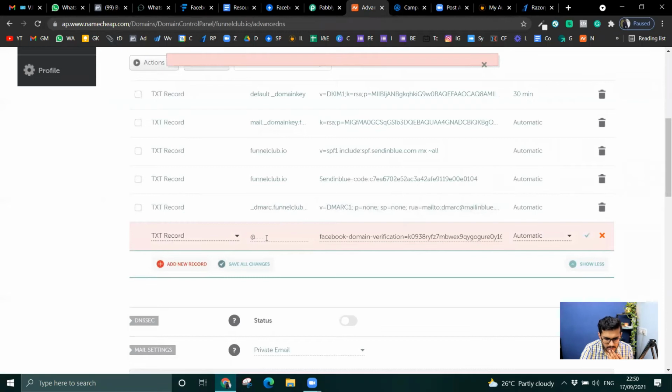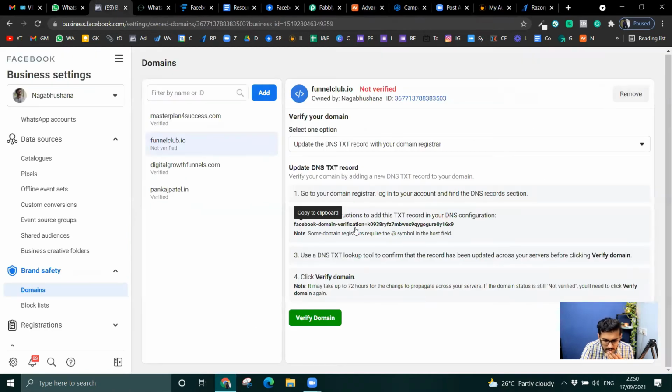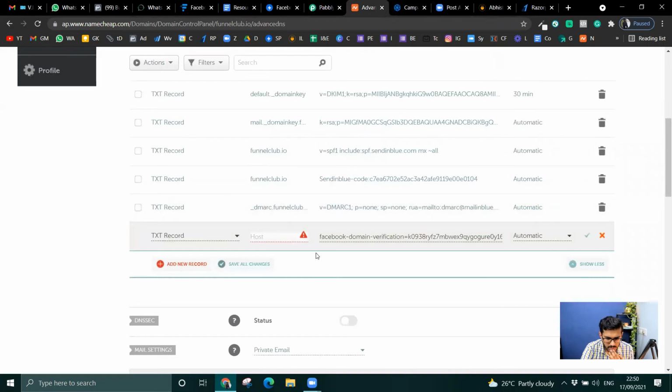Okay, it says something is wrong. So let me come back and check what did I miss. Follow the instructions to add TXT record in DNS configuration. Some domain registrars require the at symbol in the host field. Yes, mine will require. Okay, let me just not give anything in the host and try.